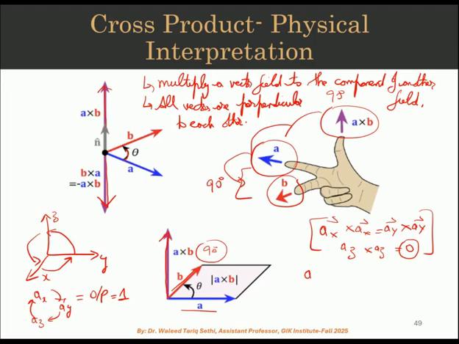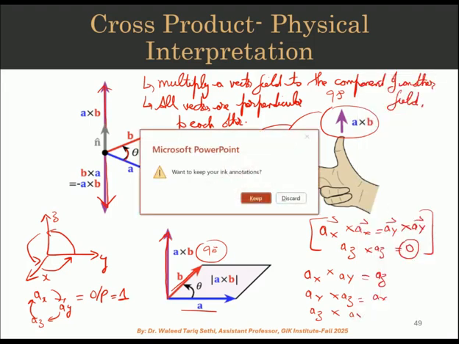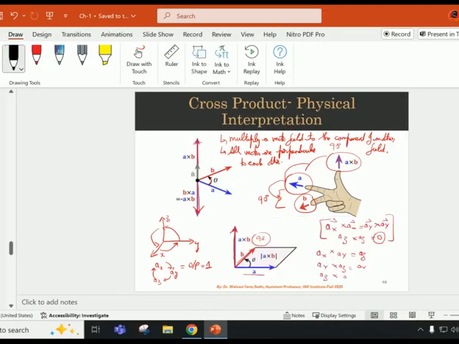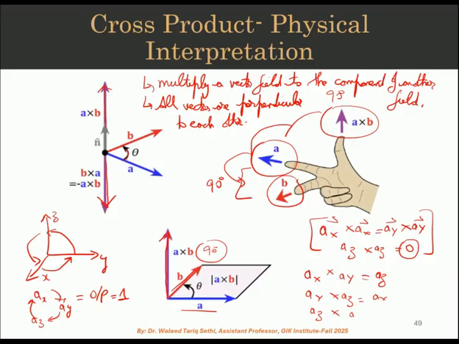For example, if I have ax multiplied with ay, the output will be az. If we have ay cross product with az, the output will be ax. If I have az cross product with ax, the output will be ay. So these are the cross product orientations that we need to keep in mind whenever we are solving questions related